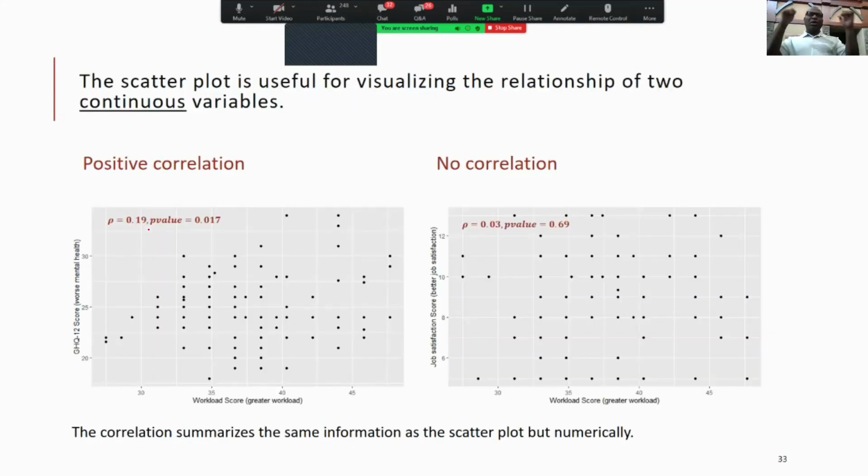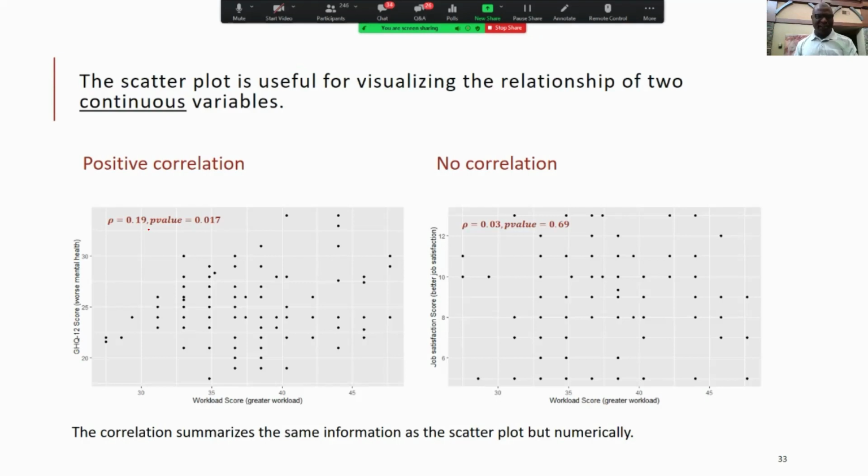Oh, correlation. So, the last thing I'm just going to explain in this slide before we move on is the scatter plot. What a scatter plot does is almost like a bar graph. The only thing here is that the values are represented by dots. Now, somebody would ask, why would we be doing dots when we can do our graphs? One thing about scatter plots is that, by mere visual assessment,